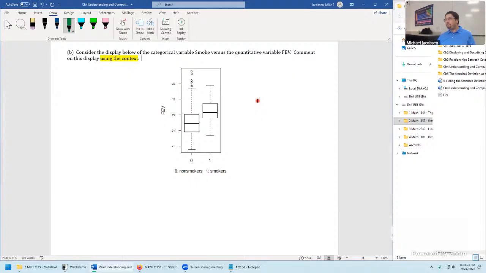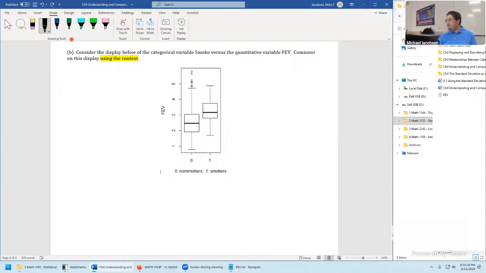But anyone see something very weird and maybe almost disturbing about this data set? Smokers have a higher lung capacity. Absolutely. Reading this, you would absolutely say, by this display, smokers have a higher lung capacity or lung strength. Absolutely. Here's how you could kind of tell. Look at the median bars. They're way different.